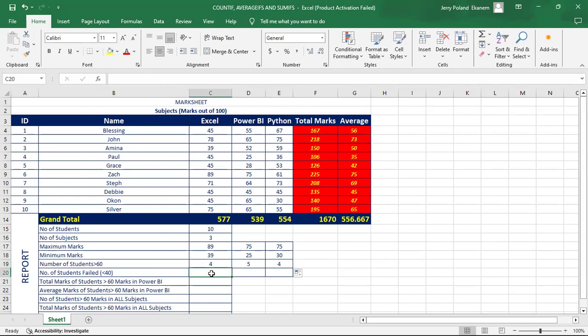Now, let's check the number of students that failed. So the failure criteria is that you must have less than 40. So if you have less than 40, it means you failed. Okay, so let's do that. We are counting the number of students that had less than 40 in Excel. So you simply say equals to